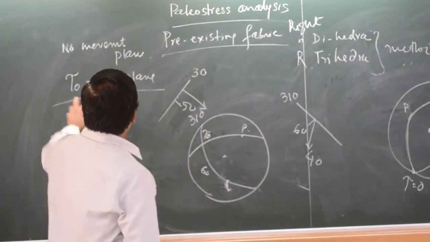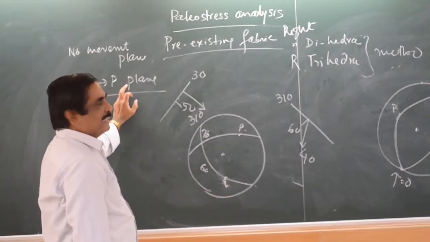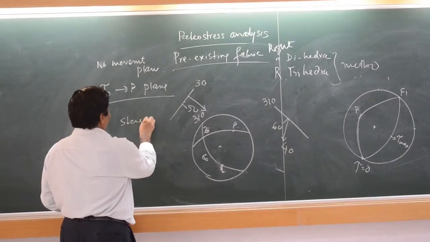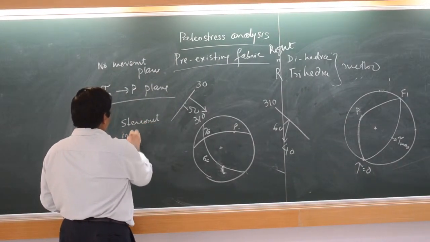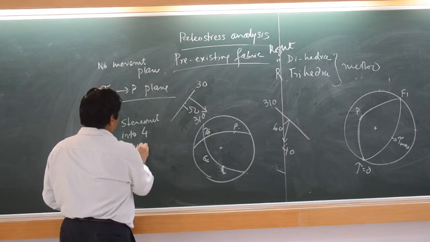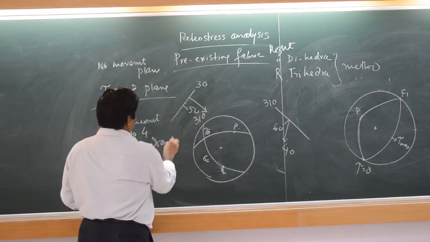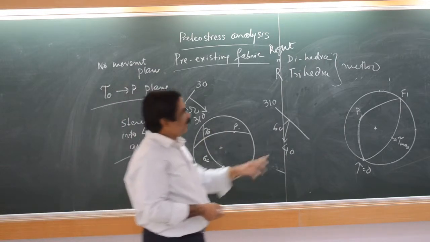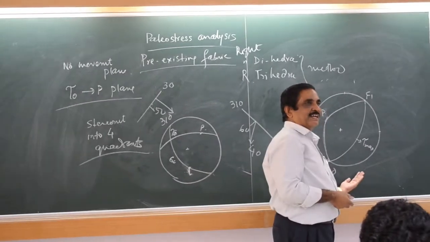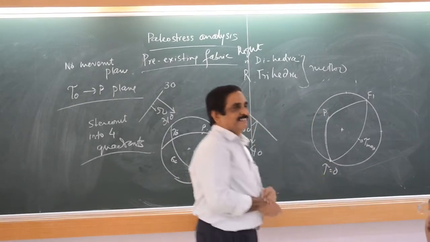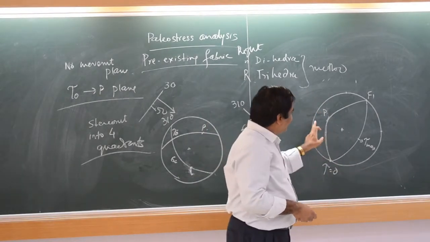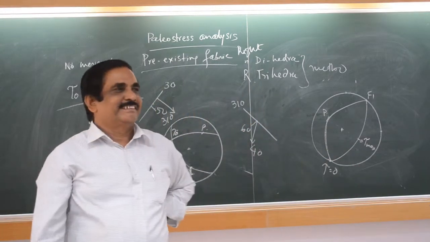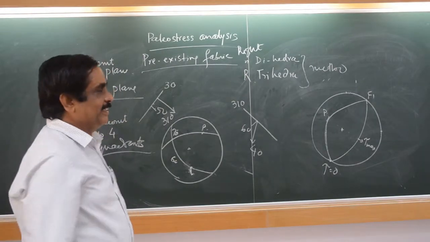So here you are drawing the plane P0 and P plane. So by drawing this thing, you are dividing this stereo net into 4 quadrants. Dividing this stereo net into 4 quadrants, you see. Here also 1, 2, 3. नीचे भी एक होगा ना. This itself represents 2 quadrants. This represents 2 quadrants. 4 quadrants. Understood ना?